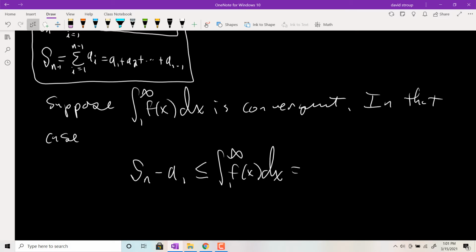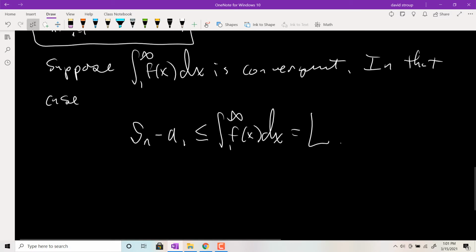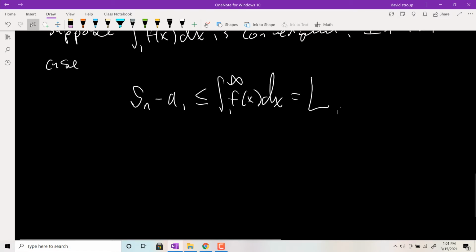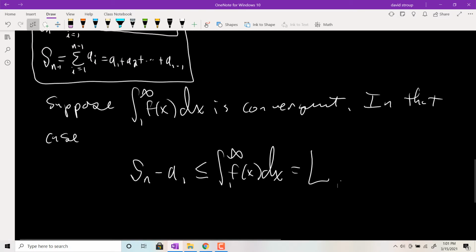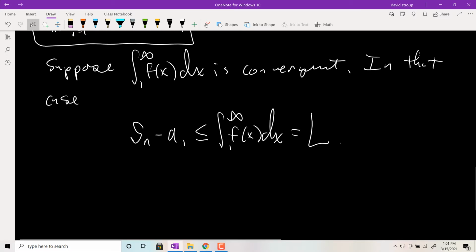I don't know what it is, but let's just call it, let's see what I called it in my notes, L. This is important because we just had in chapter, I think it was 9.1, the monotonic bounded convergence theorem, which says if you have a series such that its terms are increasing and it's bounded above, it's convergent. So we note